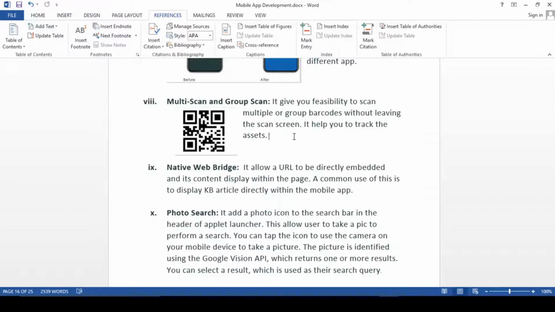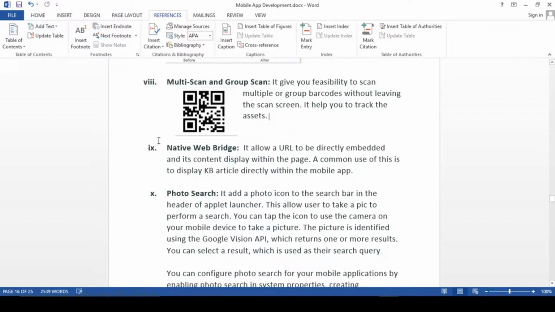Full track of it, when it was given to you, who is the custodian, since how many days you are using it, and which location this asset belongs to. That kind of full information it will provide while scanning it. So it will provide you multi scan and group scan as well, both. Next one is, guys,